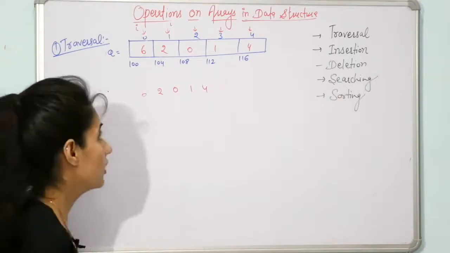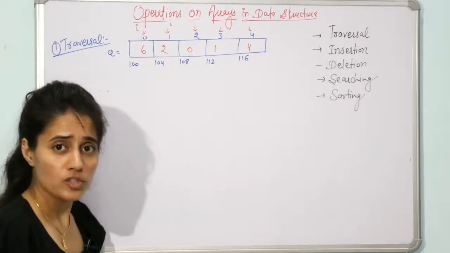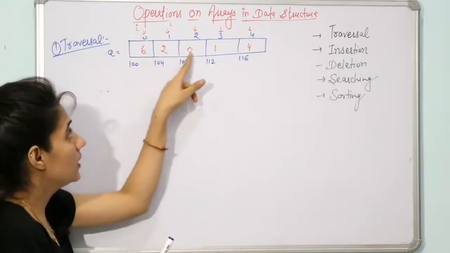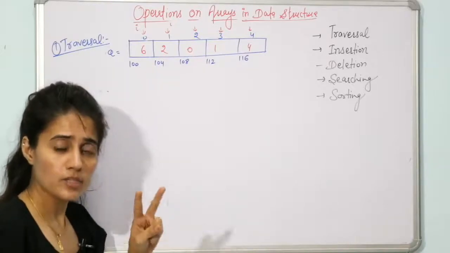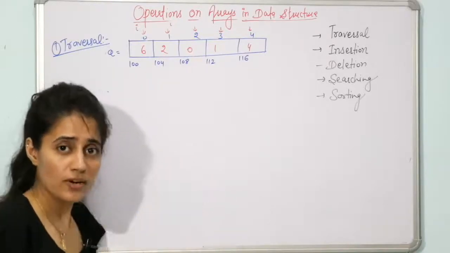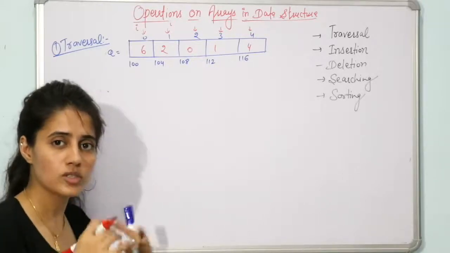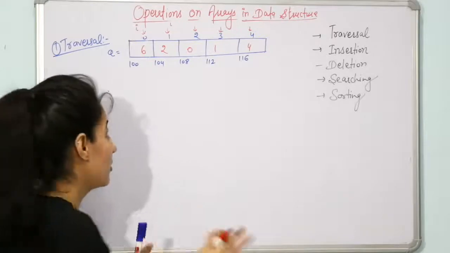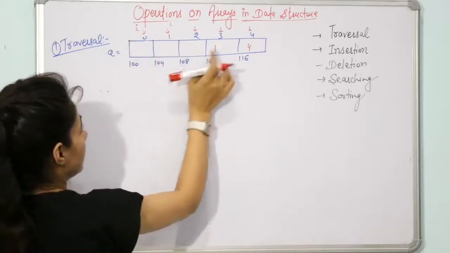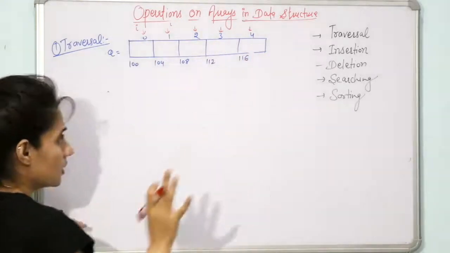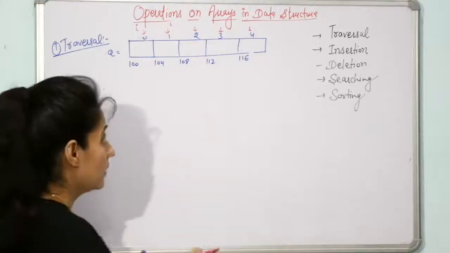This is how we are going to traverse the array, and you are going to write down the code for this. Now how are we going to write the code? First of all, I am also going to discuss how to initialize the array, how we are going to take these elements, and initialization would be of two types: at compile time and at runtime. So in this video, at runtime, I am going to ask the user what elements the user wants in the array, how to populate the array at runtime. Now let us check. Initially we don't have anything in this array. So first of all you will just write the header files and all. I think you can write that.